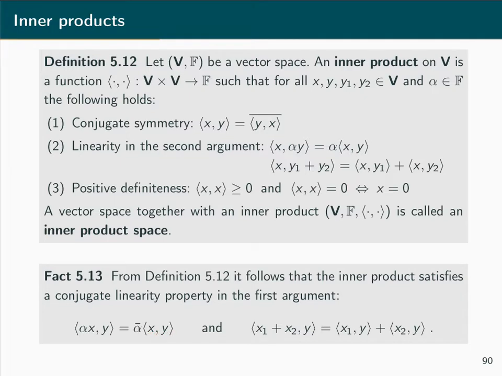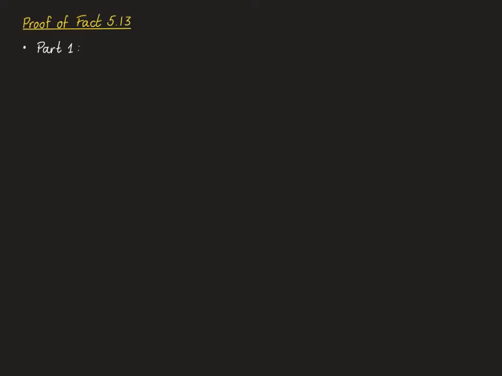And also, if we take a sum of two vectors, x1 and x2 in the first argument, and take the inner product with a vector y, this is the same as the sum of the inner products of x1 with y and x2 with y. Let's quickly look at the proof of fact 5.13. It's fairly simple, but it will help us to familiarize ourselves a little bit with the definition of an inner product. For the first part, we start with the inner product of the vector alpha x with the vector y,